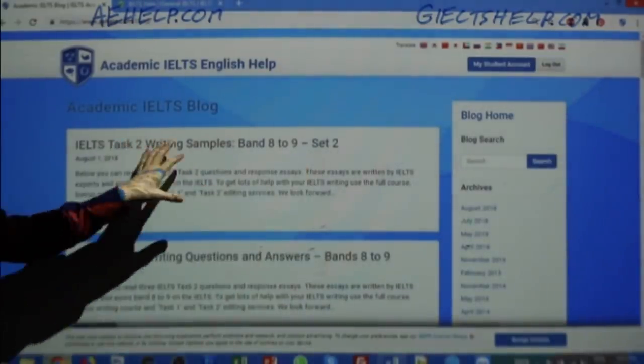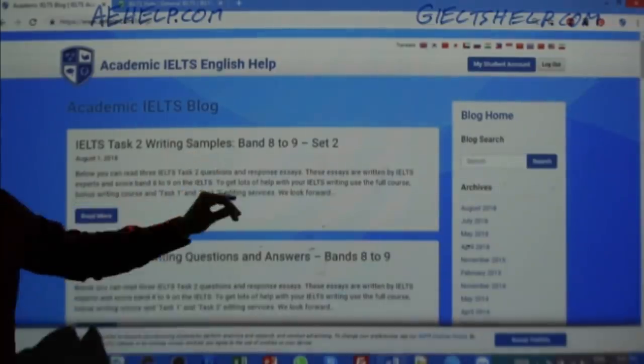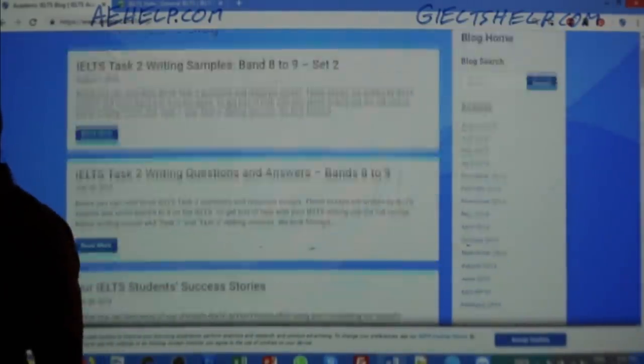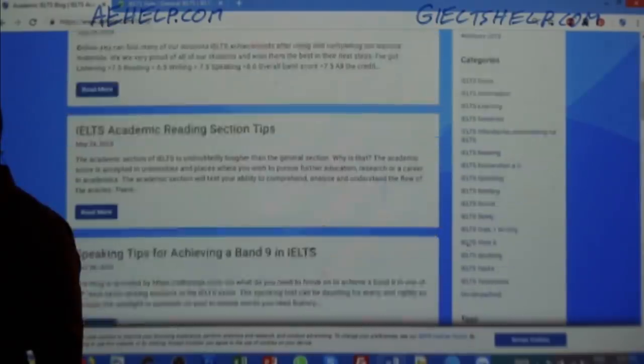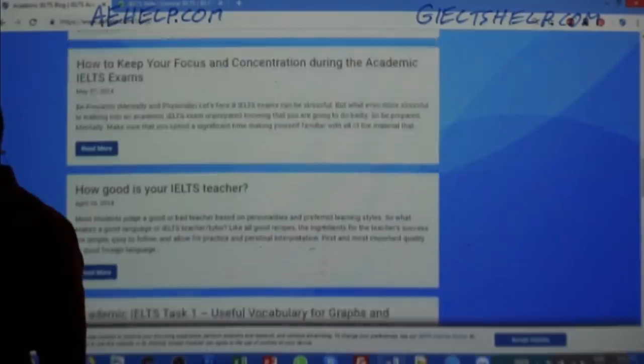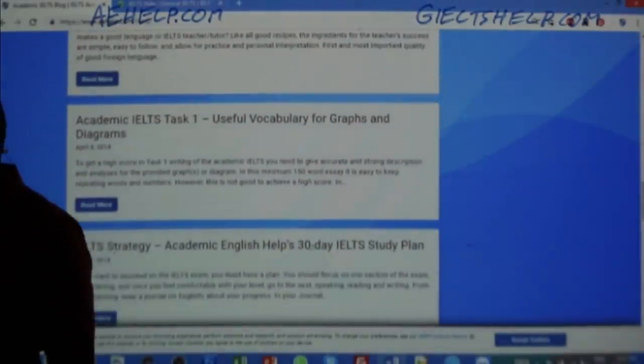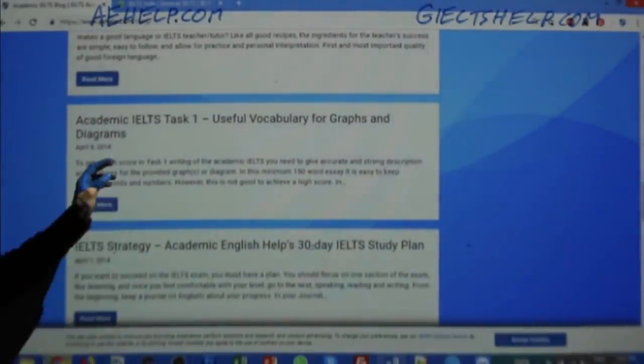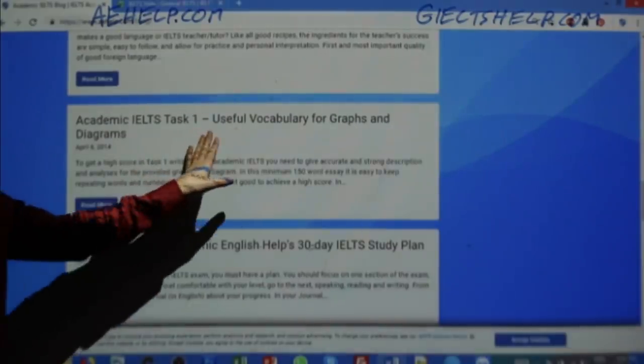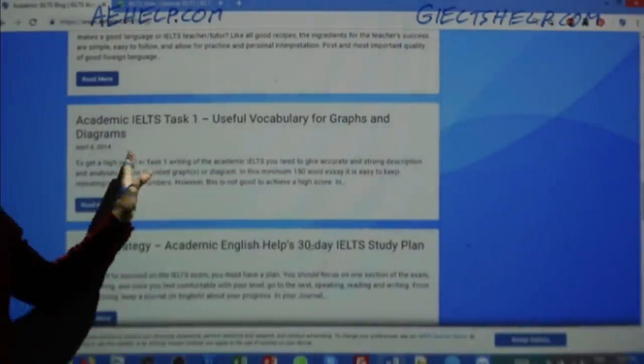So here are some example essays for Task 2. Now we have some great blogs for Task 1 also, especially this one here. So Academic IELTS Task 1, Useful Vocabulary for Graphs and Diagrams.